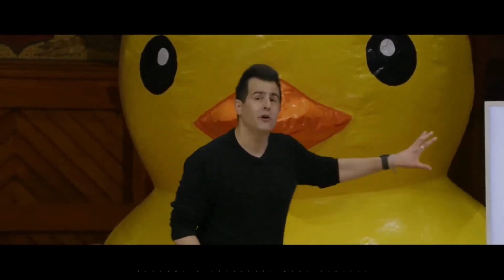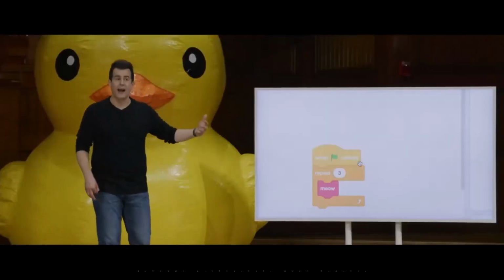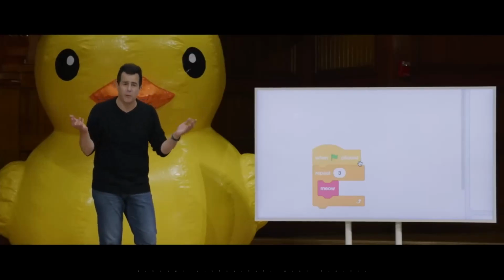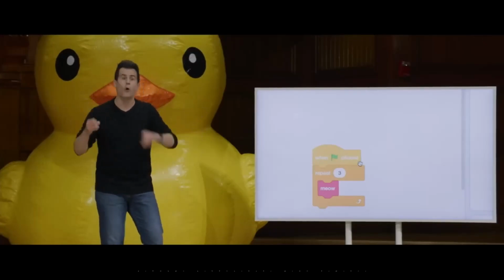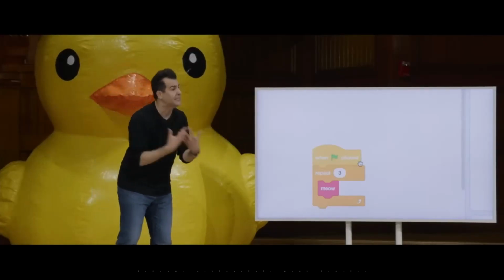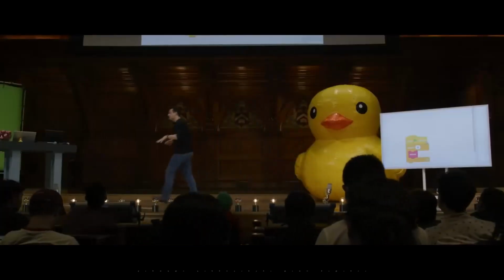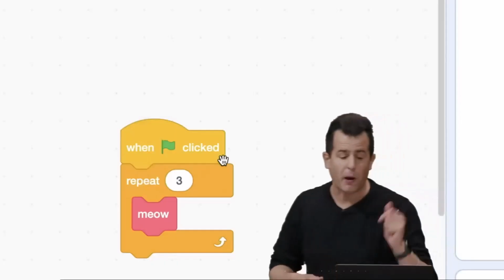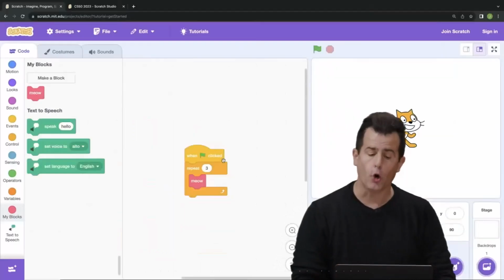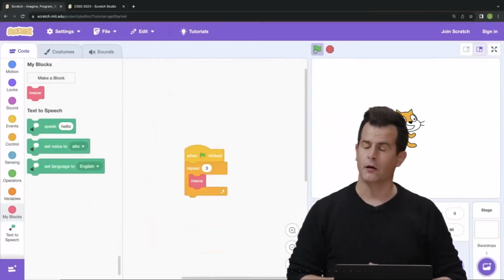And so in fact, you and I are using the abstraction that is Scratch, because I don't know how to put a speech bubble on the screen. I don't know how to create that sound meow. MIT did that, and they abstracted those pieces of functionality away already for us by just giving us these puzzle pieces we see here. So the code will work the exact same,